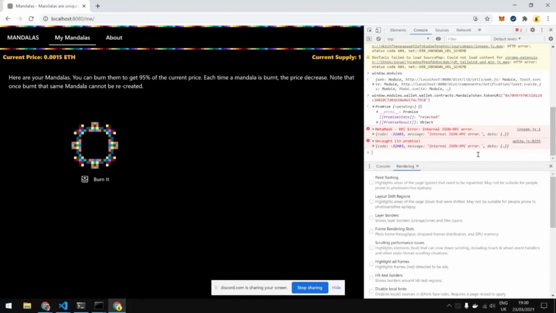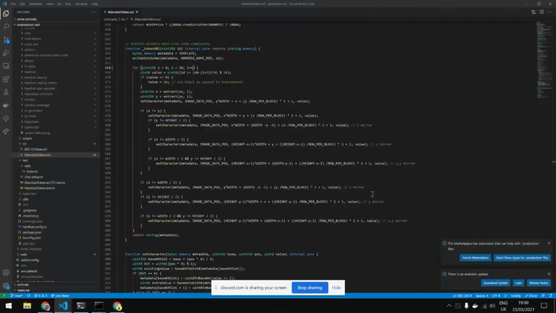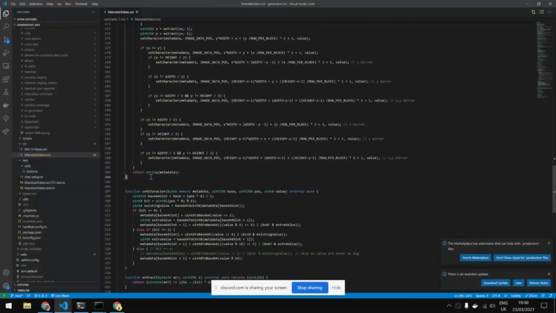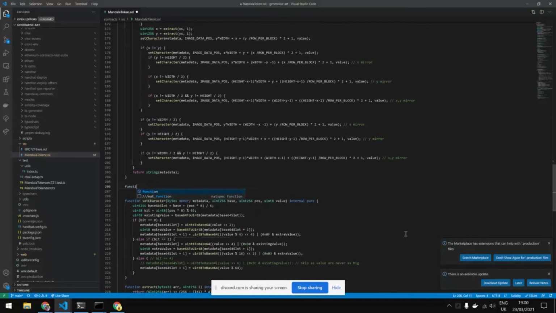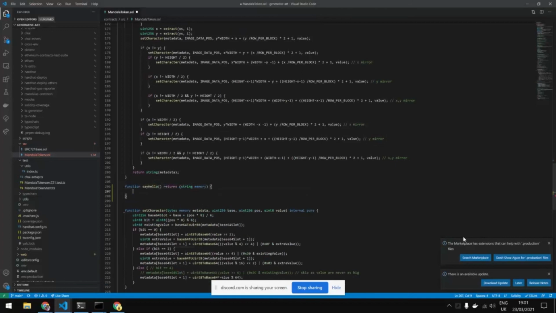Okay. I don't think I have time here, but I could just show if I added a function here. Say hello. And returns a string memory. And I say hello. This function, the contract.